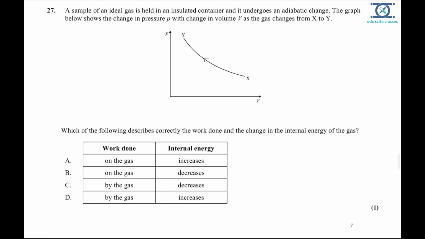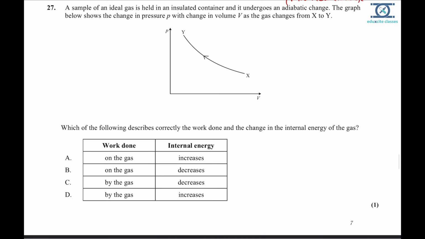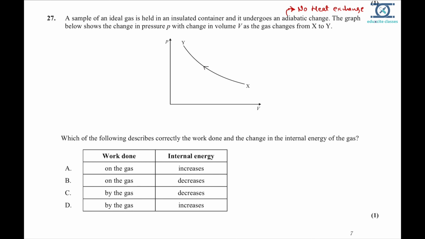Question number 27, a sample of an ideal gas is held in an insulated container. That means no heat exchange can take place. That is your adiabatic change. Adiabatic change means no heat exchange takes place between the system and the surroundings. So the graph below shows pressure and the change in volume from X to Y. Which of the following describes the work done and the change in internal energy? Now you can see from X to Y,